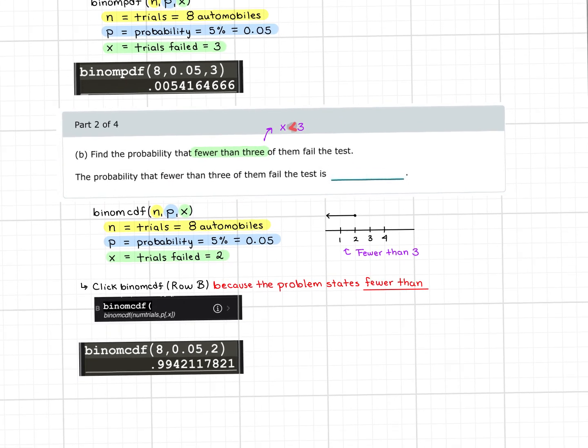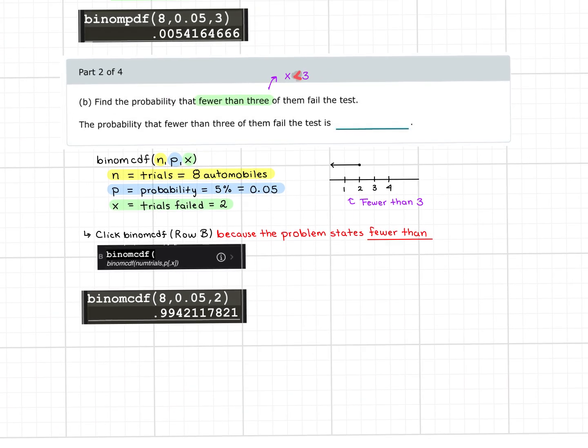So part 2, again, this is an exam review. Someone had a question over number 22 on our exam. Find the probability that fewer than 3, so X is less than 3, of them fail the test. All right. So once again, the trials haven't changed and the probability hasn't changed. All right. But this time, because we're looking at fewer than, we're going to use binomial CDF because if you